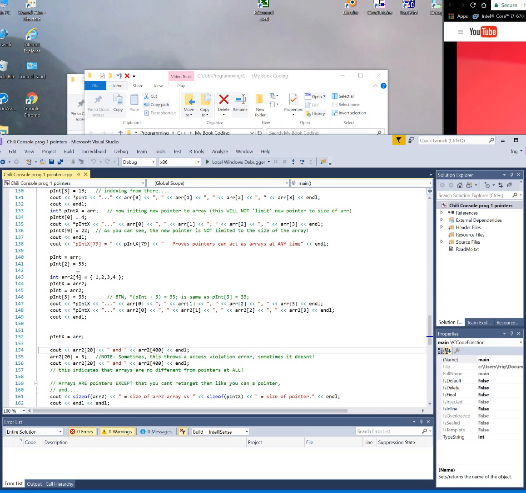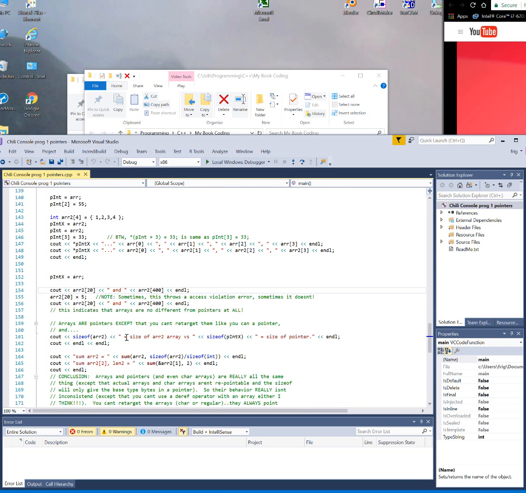You might define an array with 3 or 4 or 10 elements or whatnot, but you can actually go outside of that, but you're going to be writing into territory that's not reserved for you. This is where I learned that sometimes this throws a violation error, sometimes it doesn't. I'm writing way beyond the official bounds of the array, and I discover in here that